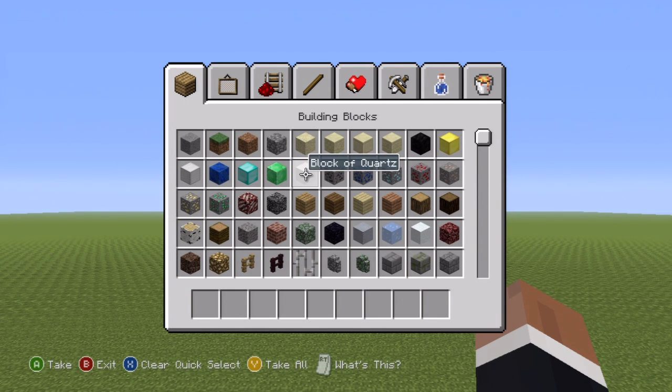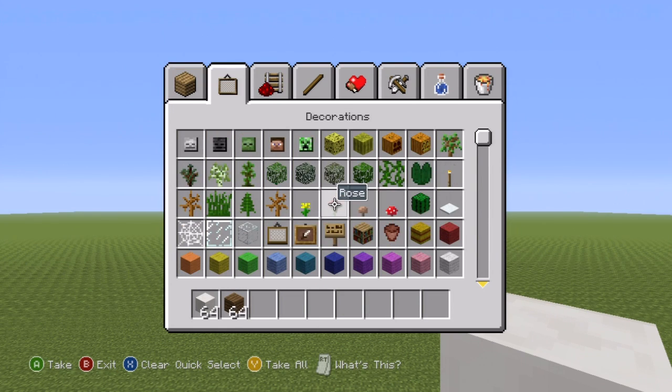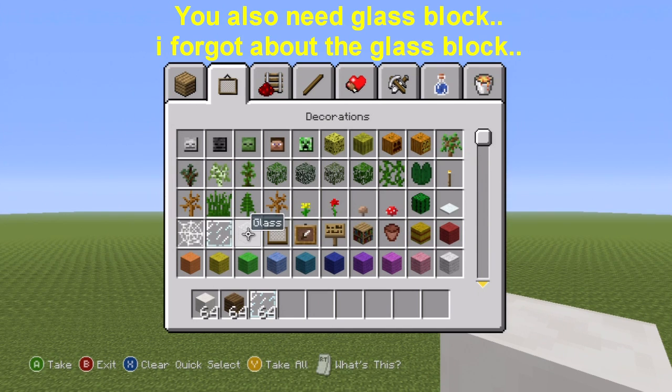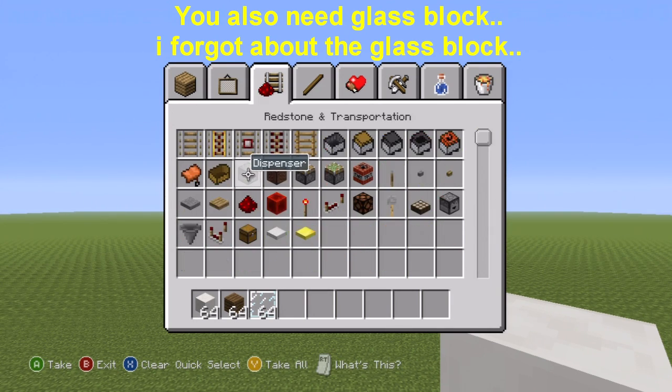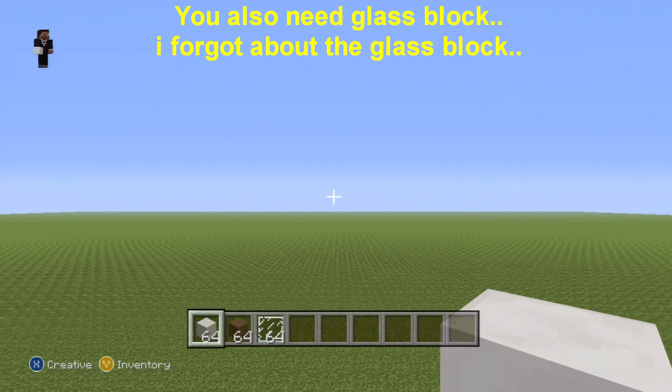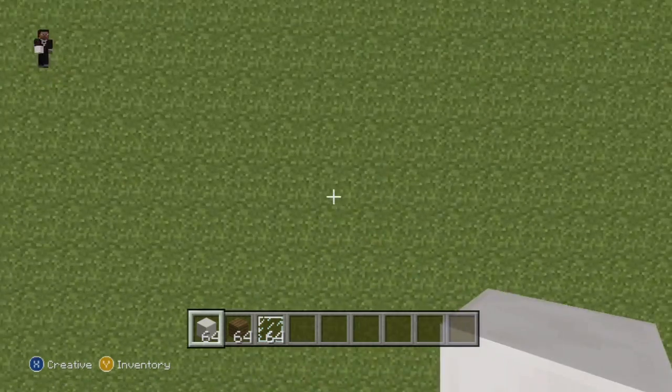You will need some block of quartz, some spruce wood planks. You'll also need yourself some glass pane, and that's all you really need. You may also want to grab yourself some doors, and if you want to open the doors, you might need some dynamite, but other than that, you only need those three things. So once you have all of your materials, and once you've figured out where you want to make it,